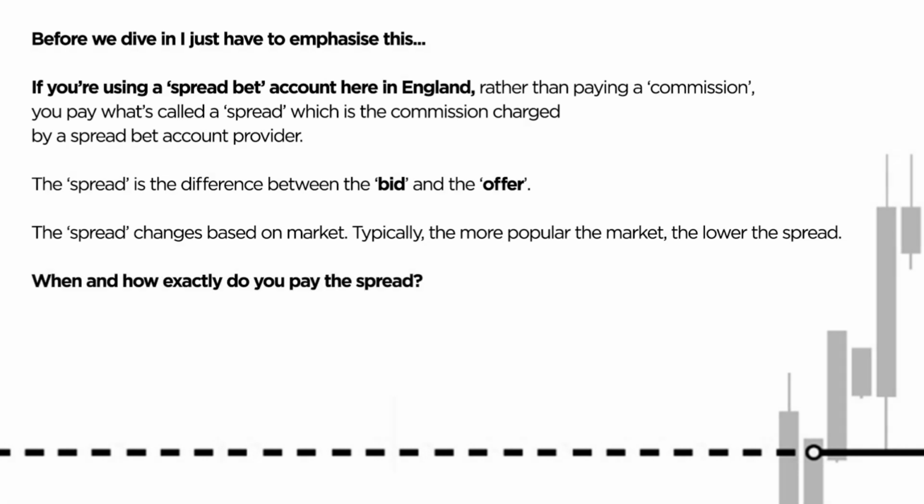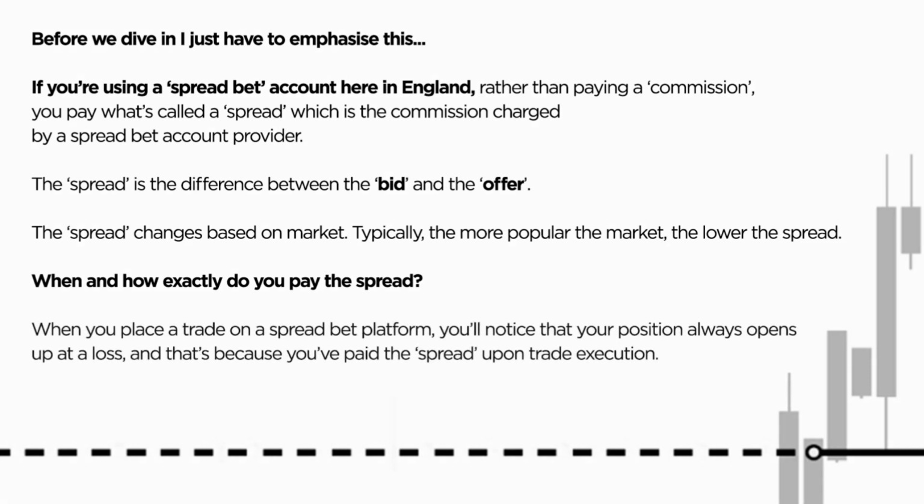So when and how exactly do you pay the spread? Good question. When you place a trade on a spread bet platform, you'll notice that your position always opens up at a loss. And that's because you've paid the spread, i.e. the commission, upon trade execution. So when you take that trade, you pay the spread and then you're actually placed in that trade